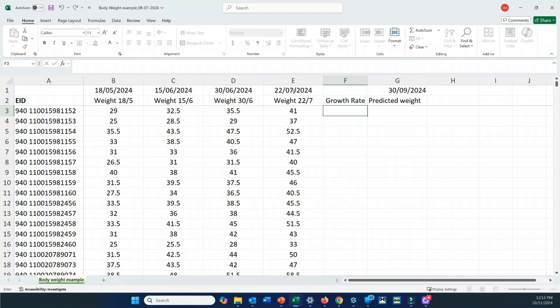The formula that I'm going to use is also going to include the dates. So equals, and I want to record the difference between this weight, so the last weight and the first weight, and I want to divide that by the number of days. And a quick way to do that is I actually can calculate this using the dates. So now this is calculated that this particular sheep has been growing at 185 grams per head per day, because